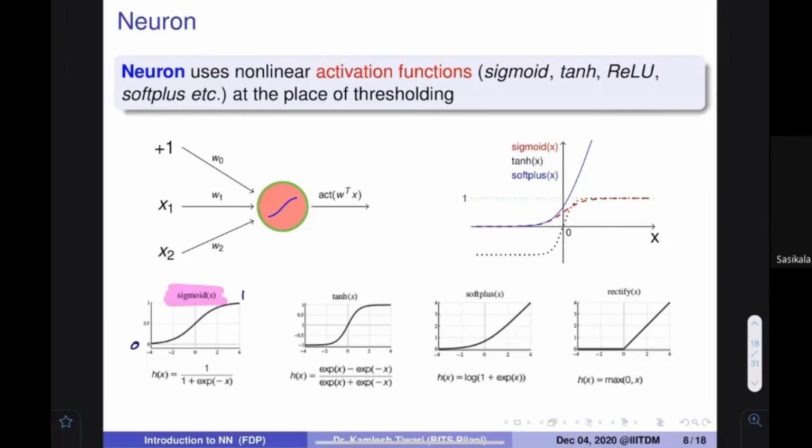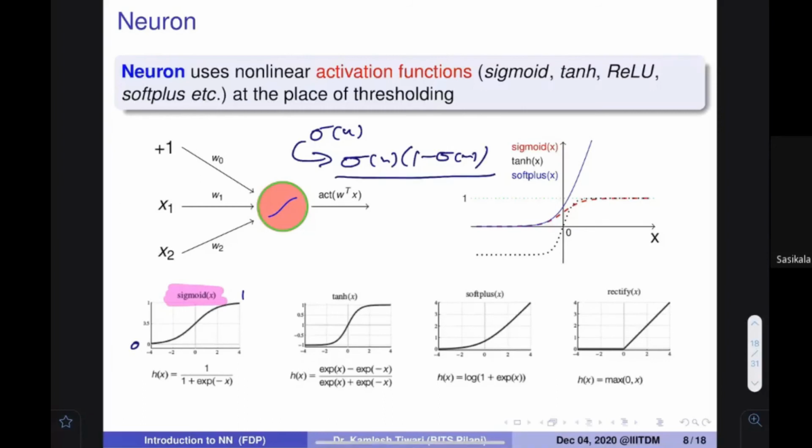Yeah. I'm going to give you one more reason. One more reason is this: if the sigmoid value is given to you, most of the time, as I told you, if you want to modify the weight, you find out the derivative of this particular term, and then you use that derivative to go in a particular direction. So finding the derivative of sigmoid is very easy. It is just sigmoid of x multiplied by 1 minus sigmoid of x. Look, you need not do any kind of computation. If you know the sigmoid of x, immediately you find out the derivative at that particular point.